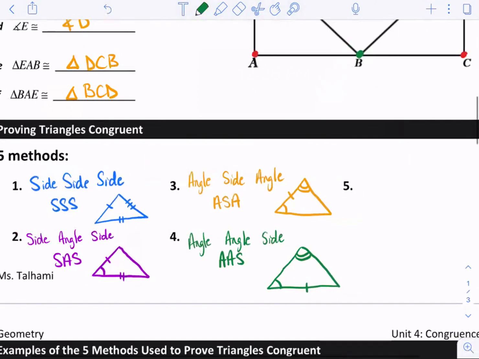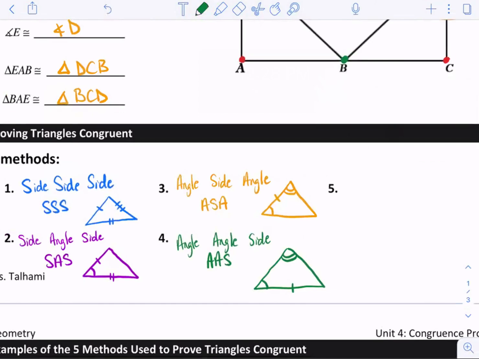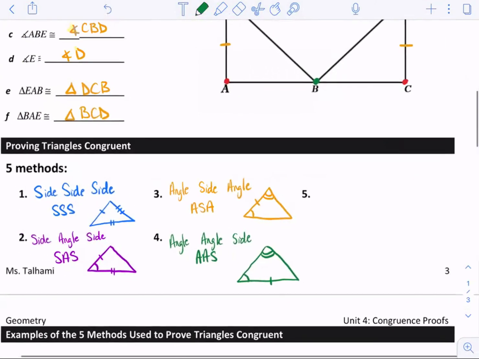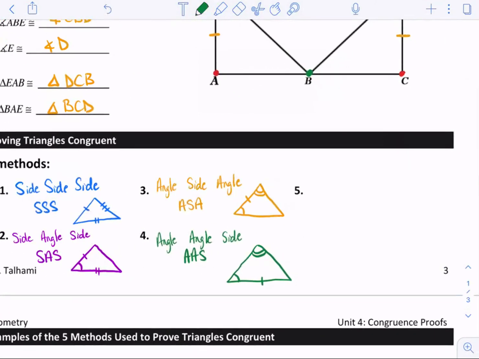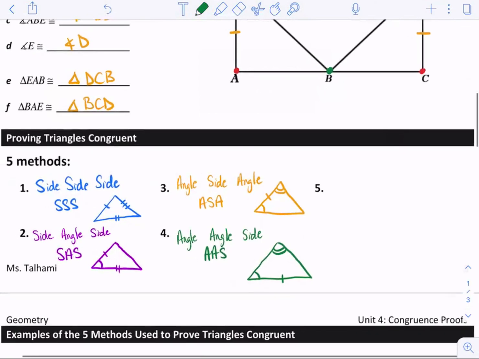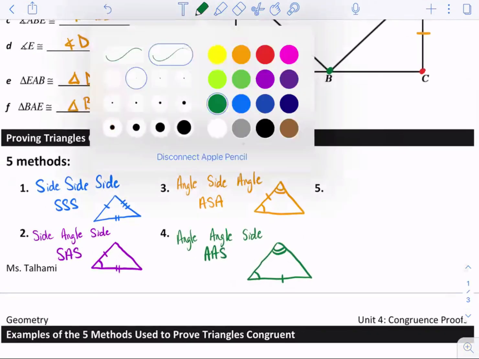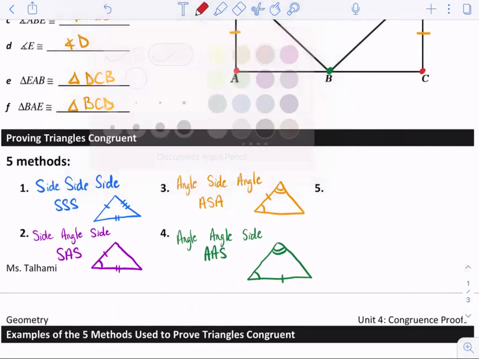And no, I hope you remember that angle, side, side is not allowed. So that spells a bad word, ASS. So make sure you don't ever use that. And not because it spells a bad word, but because it's not enough information to prove that the triangles are congruent. And so the last method here